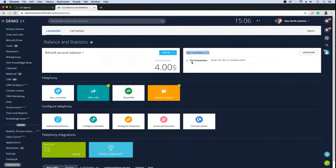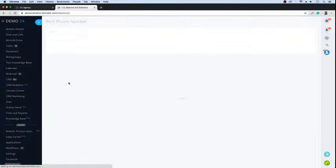You can have a region in the US, you can have a region in South Africa. You can have a number from any location. However, there are some restrictions on some of the locations. For example, if you were to choose Germany, so let's just go back into rent a number here, and I